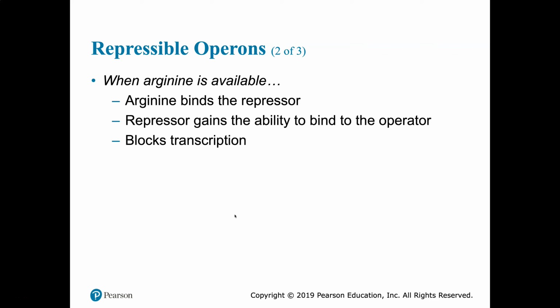And the repressor protein, once the arginine binds to it, has the ability to bind to the operon, the operator region, and it will stop transcription. So the product itself, arginine, is inhibiting more production of itself,